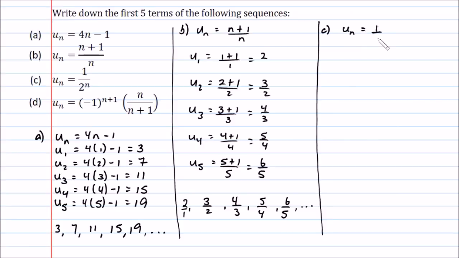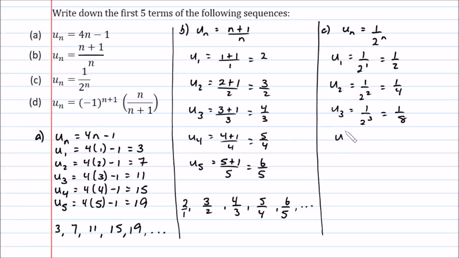UN equals 1 over 2 to the power n. And that's 2 to the power n, not 2 times n. u1 will be 1 divided by 2 to the power 1, which is 1 half. u2 equals 1 over 2 squared, 1 quarter. u3, 1 over 2 cubed,